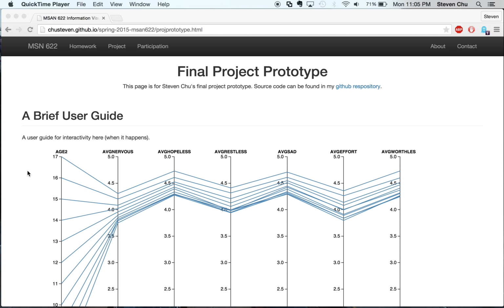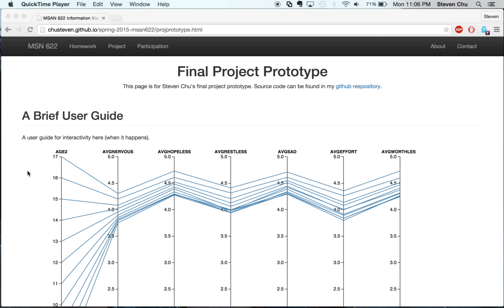The main idea of this project was to understand trends in mental health in the US. Where I got my raw data was from a 2013 survey distributed by the US Department of Health and Human Services, and the survey was titled the National Survey on Drug Use and Health. It consisted of about 55,000 responses that individual citizens gave to an exhaustive series of questions about their demographic, drug use, and mental health information.